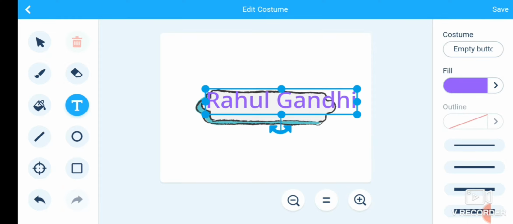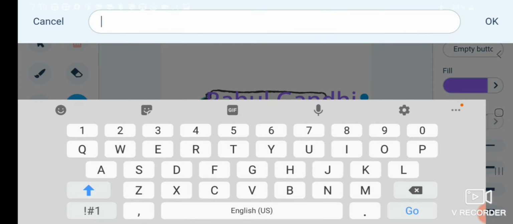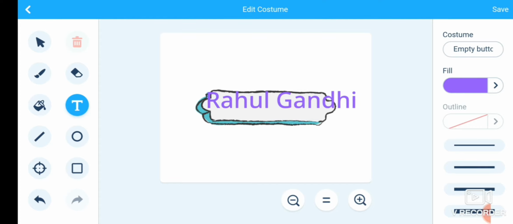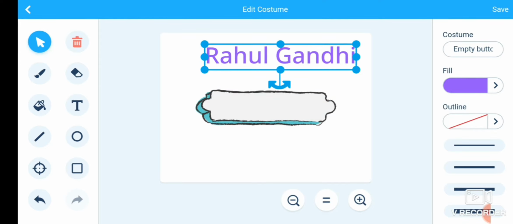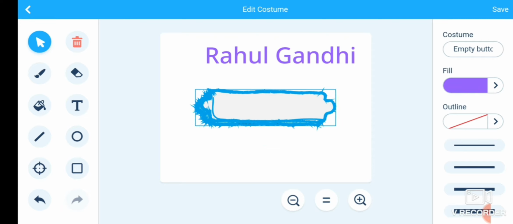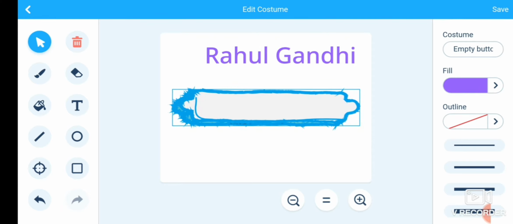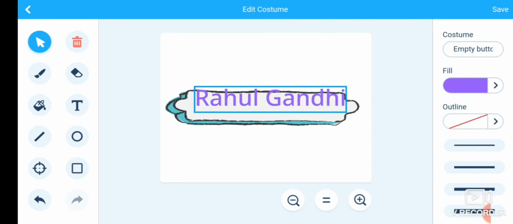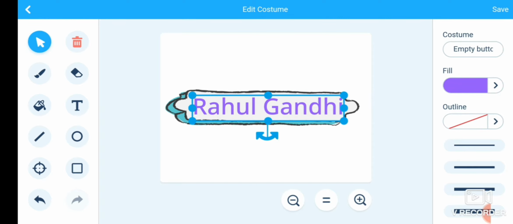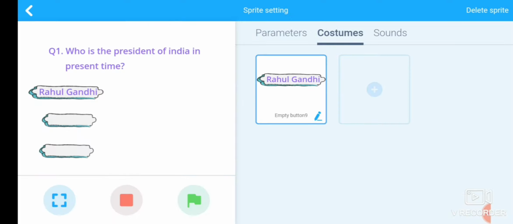Adjust this. Increase the size of the button and then adjust it here, then save it.